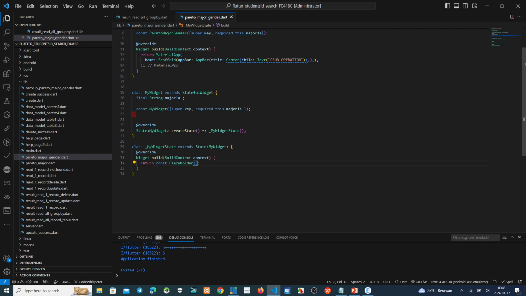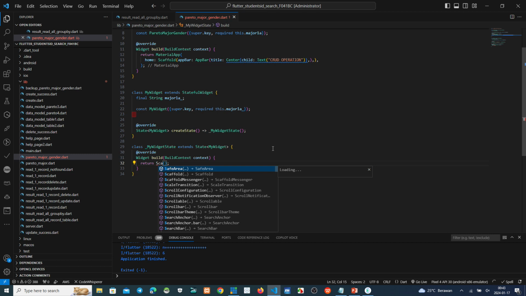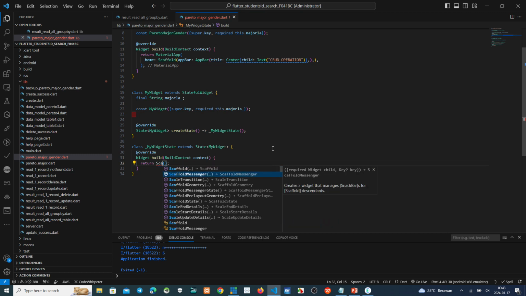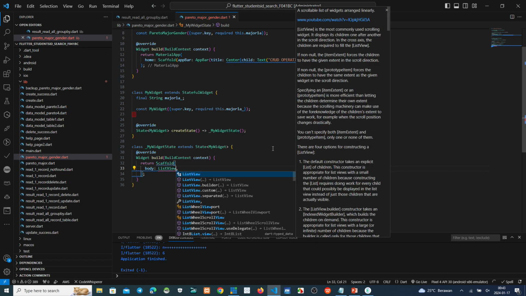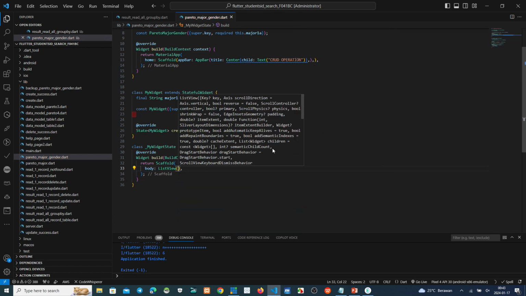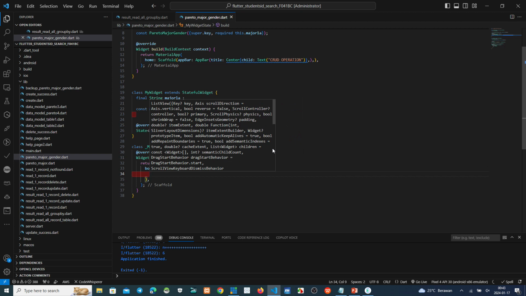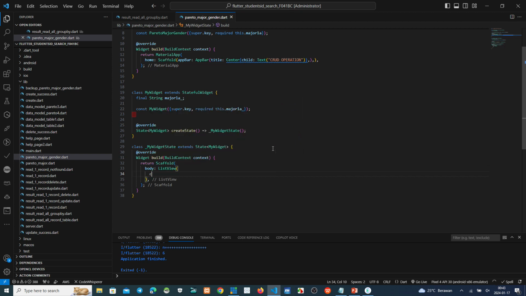I return Scaffold. Body. List view. This one. Children.